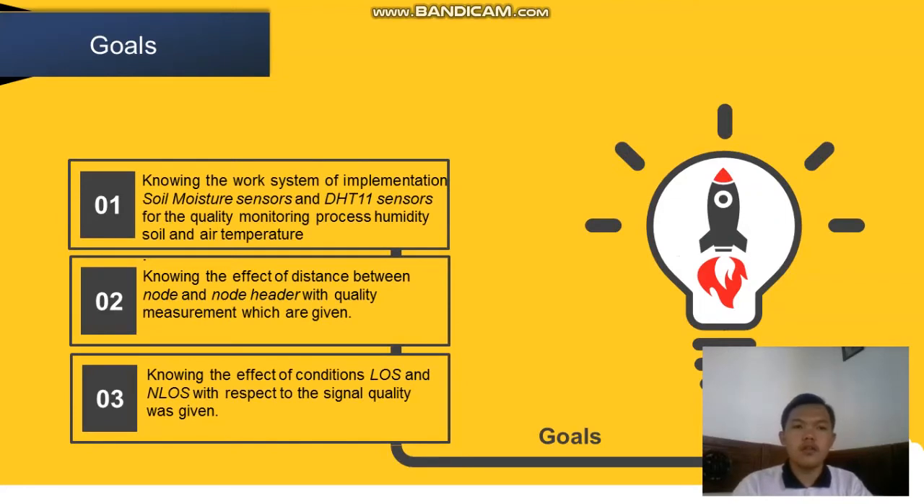Next, goal for final project. This one, knowing the work system of implementation of soil moisture sensor and DHT11 sensor for the quality monitoring process of soil humidity and air temperature. 2. Knowing the effect of distance between node and header with quality of measurement which are given. 3. Knowing the effect